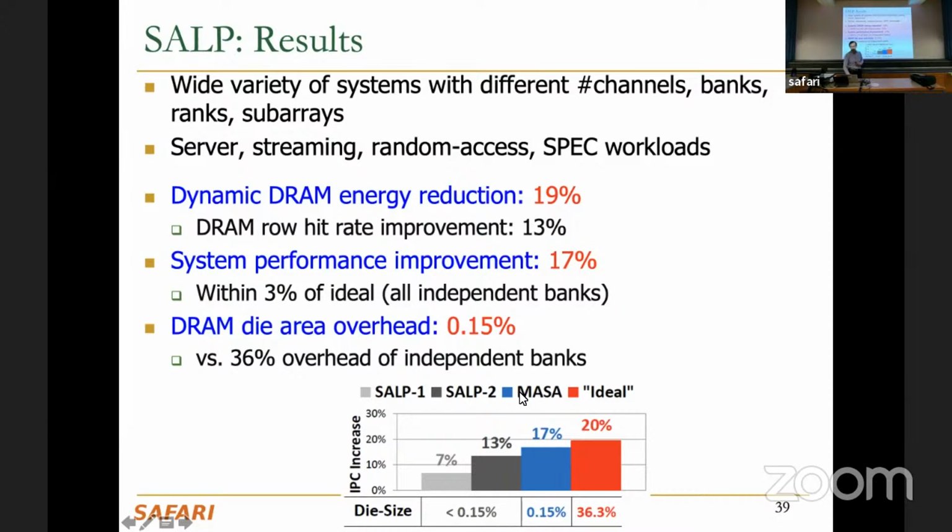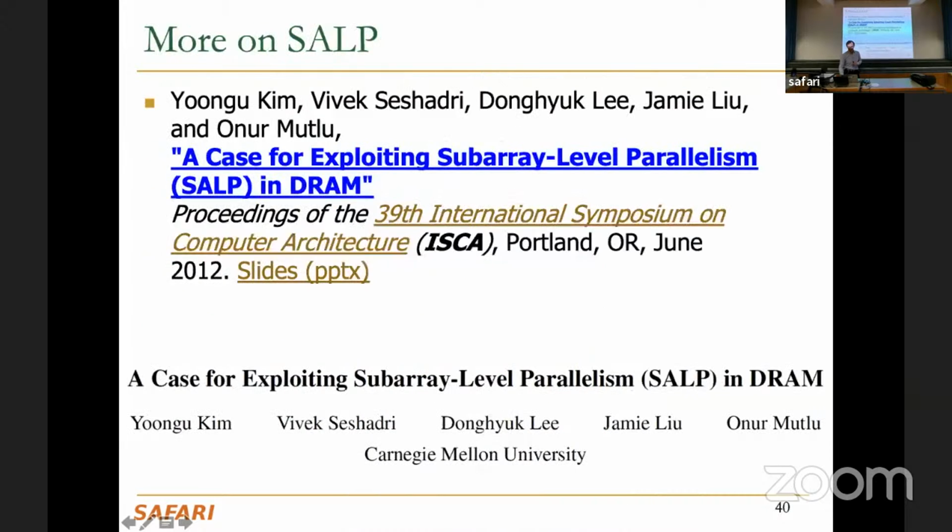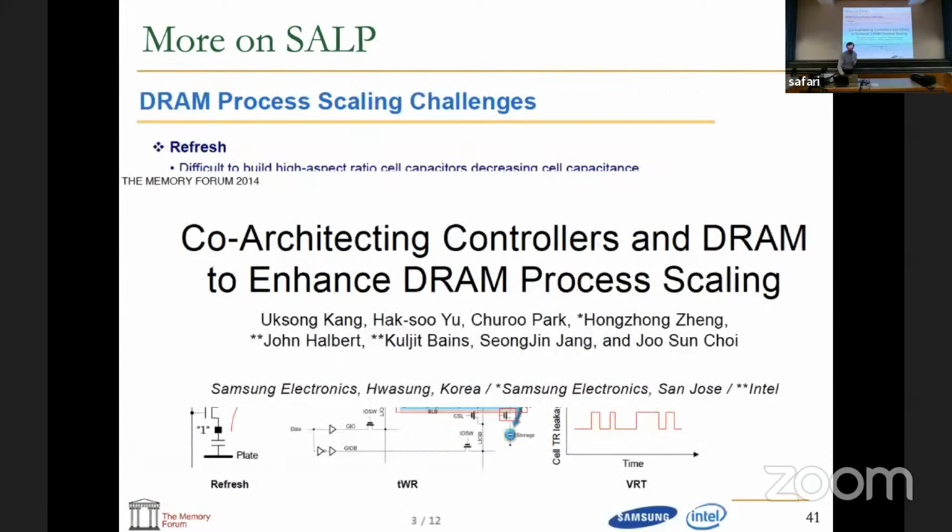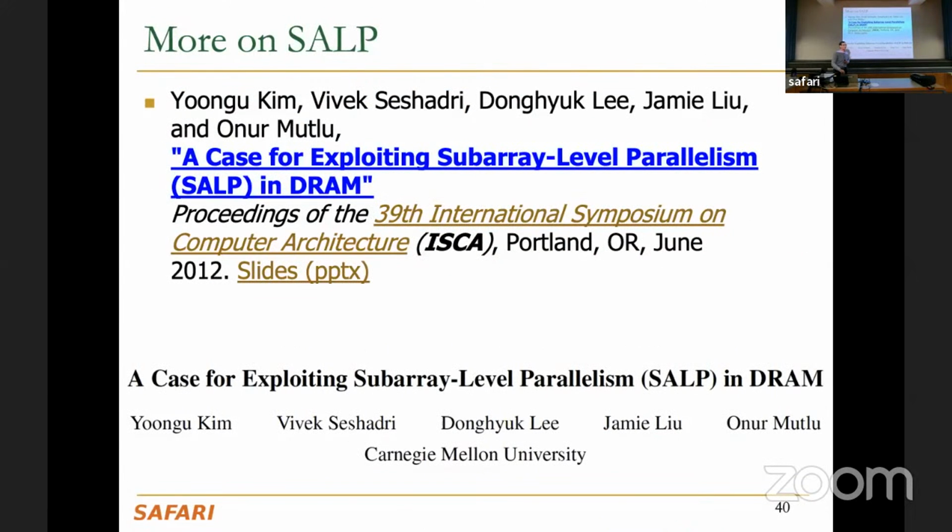What I've described was the multiple activated subarrays, basically. It's the most aggressive version. But if you actually want to reduce the overhead, you can get less benefit and even less overhead, essentially. But I will not talk about that. So, okay, there's more on SALP, subarray level parallelism. Actually, I don't have the slide over here, but more recently, I have mentioned it earlier, there's a work that we published at MICRO that Giray led,